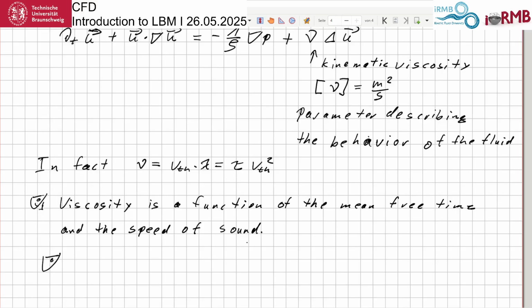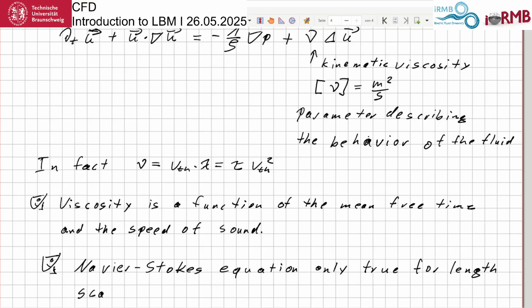The Navier-Stokes equation comes, of course, out as a statistical asymptotic result from the Boltzmann equation, and it is only true for large enough systems, and this means length scales,